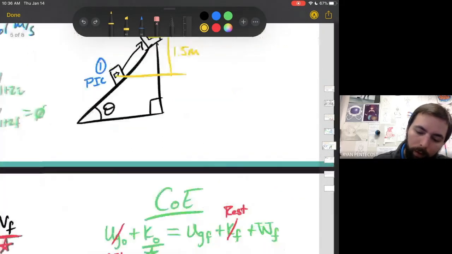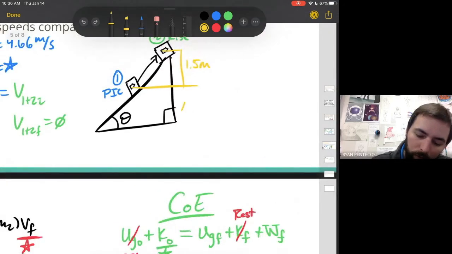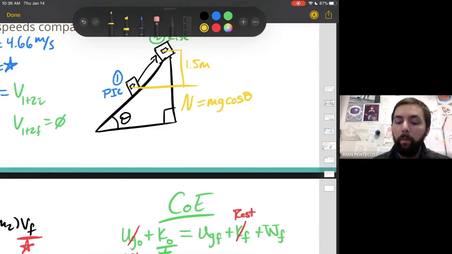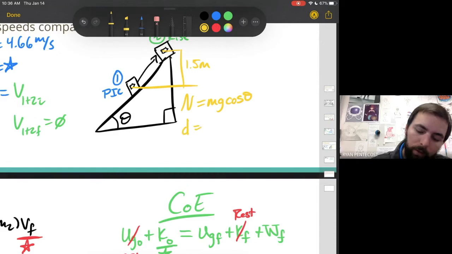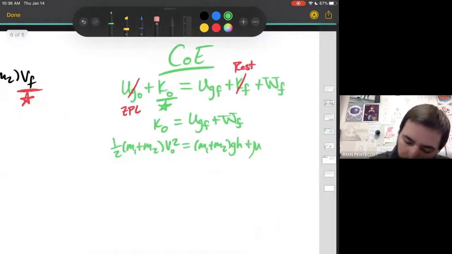For normal and for the distance, right? So normal will again be mg cosine theta, but that m is going to be m1 plus m2. And then that distance again will be 1.5 divided by sine theta. Just the same system, right? Same system, same setup there. So you've got mu m1 plus m2